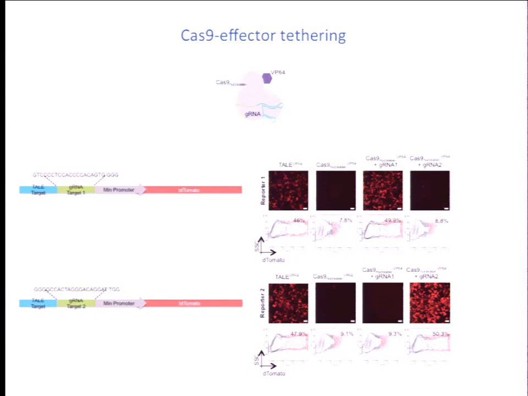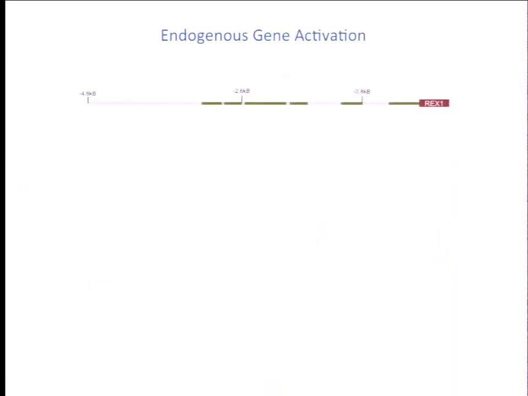While this worked in the context of reporter constructs, we wanted to also see if this would work in the context of endogenous human genes. And in these early experiments, I decided to focus mostly on genes that were associated with pluripotency. In particular, in this experiment, we focused on the REX1 gene. Since we didn't know how exactly one would go about turning on the REX1 gene, we decided to examine a length of sequence about 5 kb upstream of the transcriptional start site. And we designed about 10 guide RNAs that were located at various positions along this stretch of DNA.